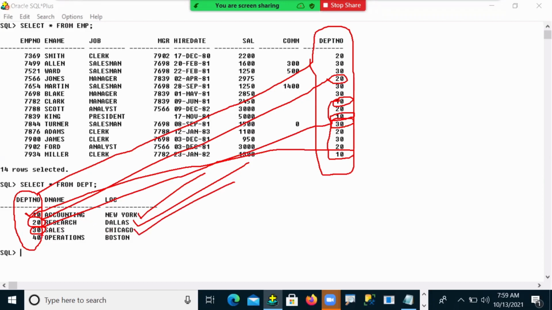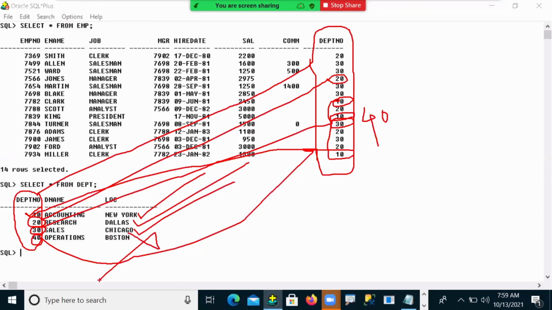The next one is the operational department. Can you tell me, guys, here the operational department is 40. Is 40 there in my EMP table? No, we don't have 40. So that means in the operational department, no employees are working.